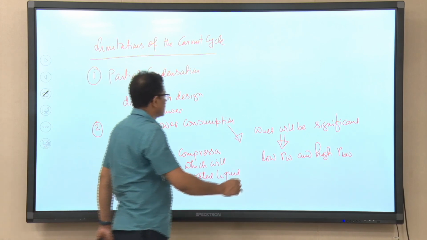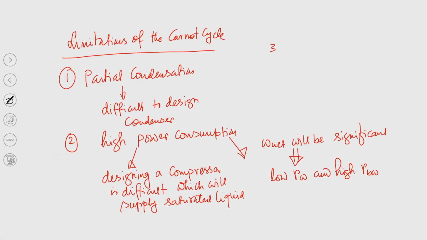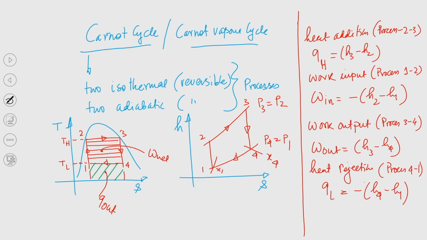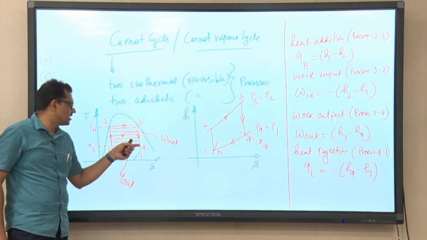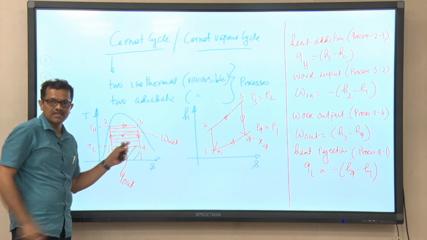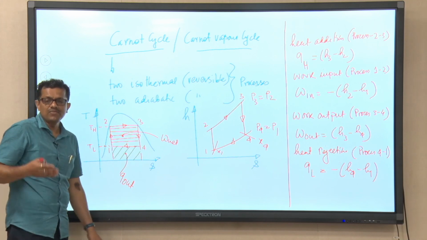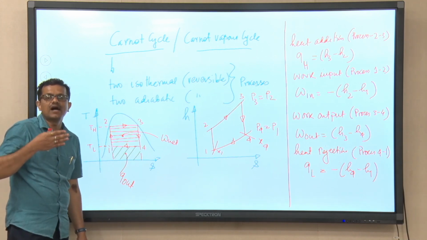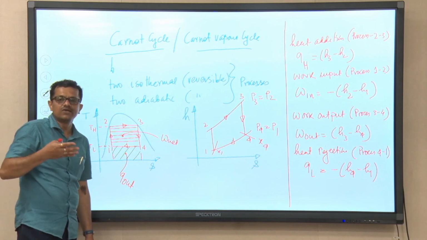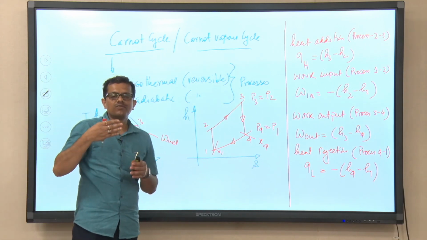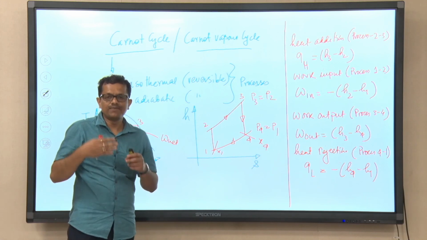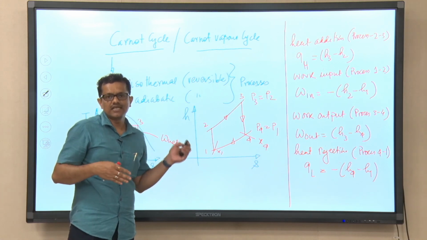Finally, if we try to design a steam power cycle following this Carnot cycle, which is the ideal cycle, the quality of the steam at the exit of the turbine, at point 4, is poor. It is again a two phase mixture inside the vapor dome. So the steam coming out of the turbine has high moisture content, and that will lead to erosion or blade pitting of the turbine. So this is again very difficult.